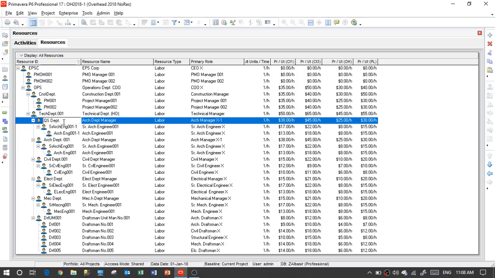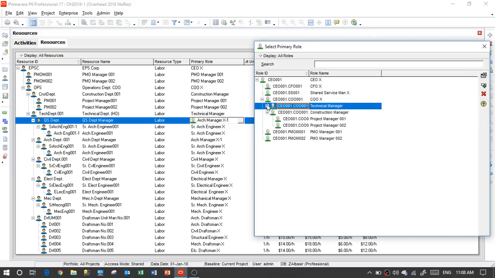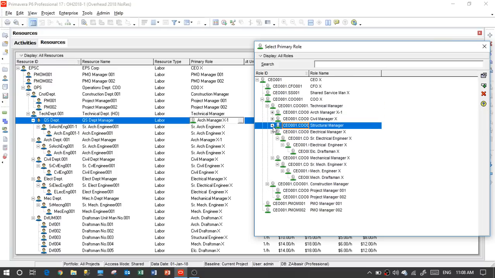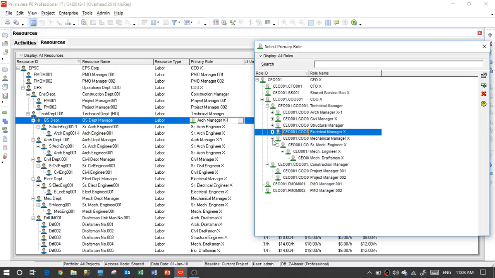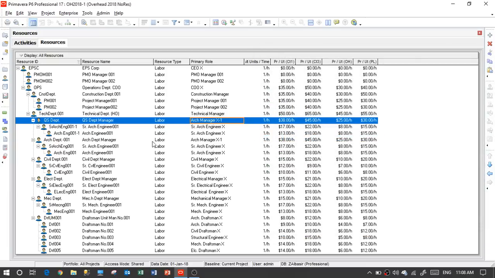So we establish now a QS department, QS department manager. And the role, let me see, do we have a QS team here? Not yet. Okay, I will create the role for the QS later on and show you how we do it. So we'll keep this as it is now.